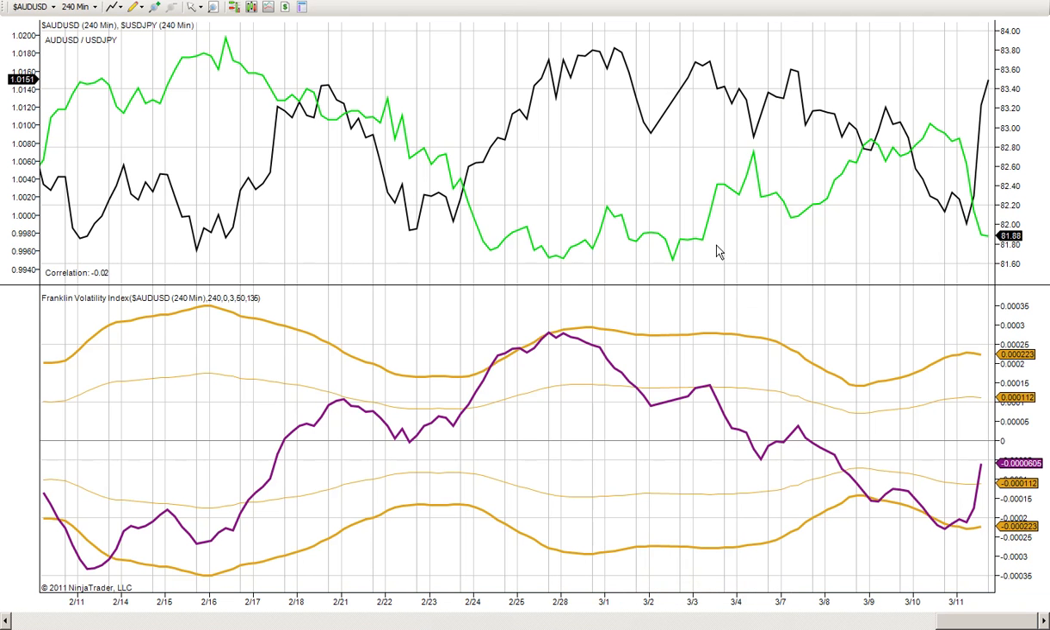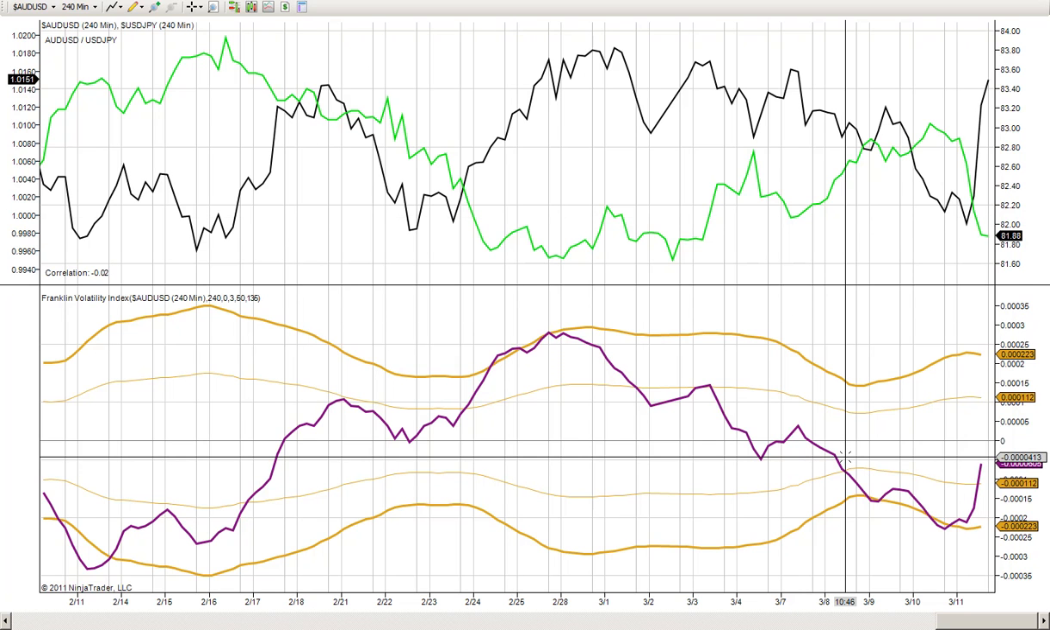In this example, I am using the Australian US dollar against the US dollar Japanese yen. This is the latest data. I'm using a 240-minute chart. Basically, this is a median time frame to use, and the ending date for this is March 11th,